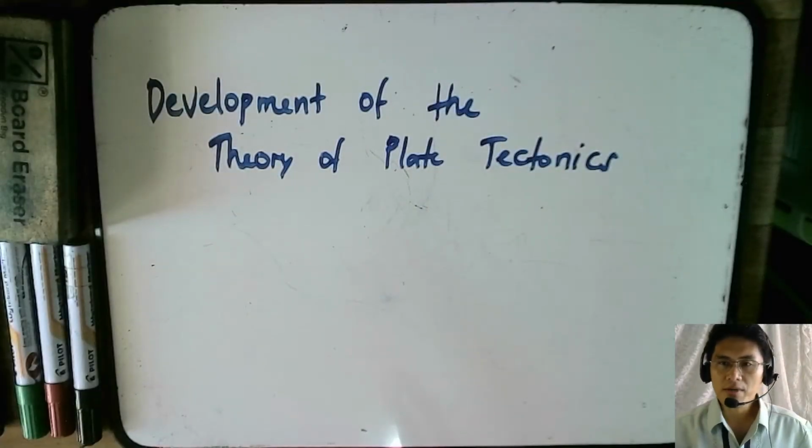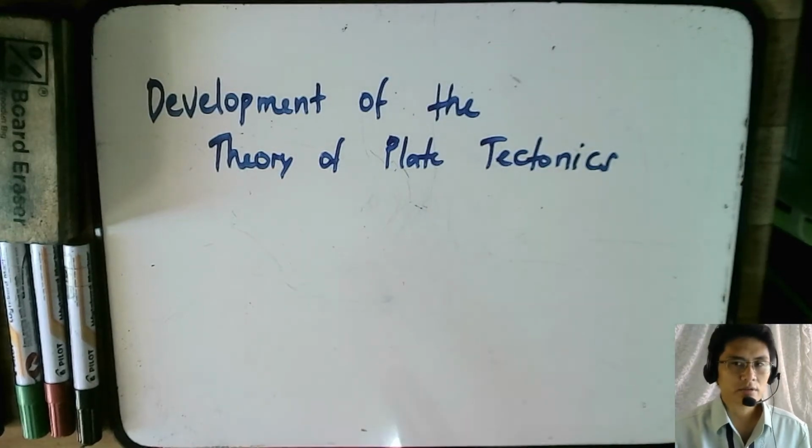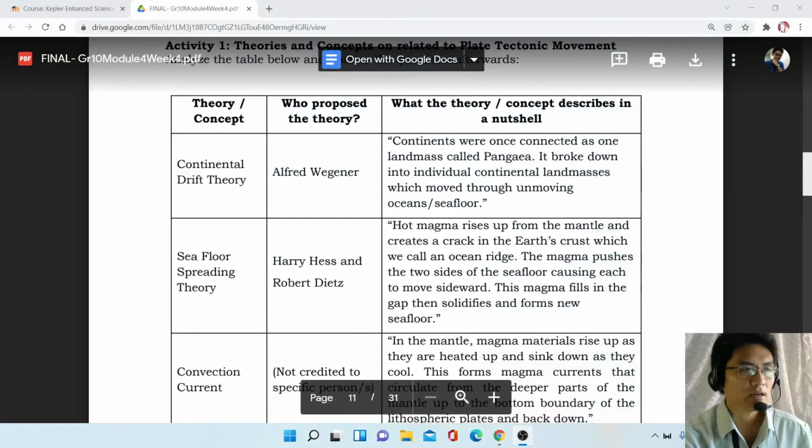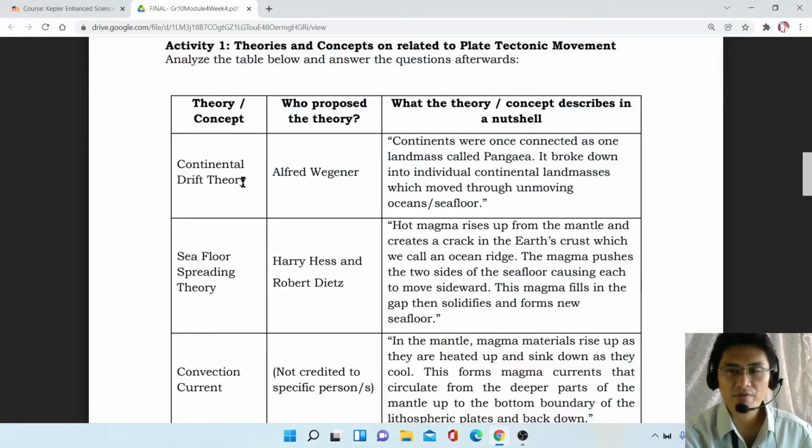This video is a recap of the development of the theory of plate tectonics. Okay, so first we know that plate tectonics theory was started by Alfred Wegener, and Alfred Wegener proposed a theory called Continental drift theory, in which he said that in the past there was this Pangea, which is a supercontinent,